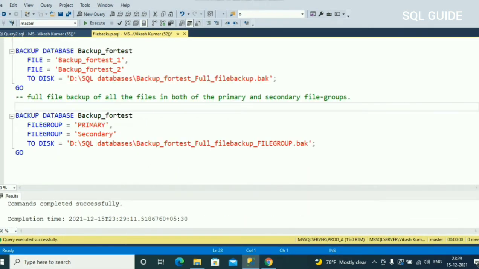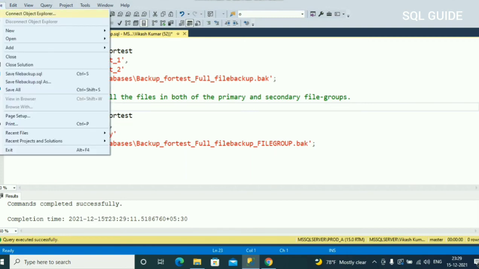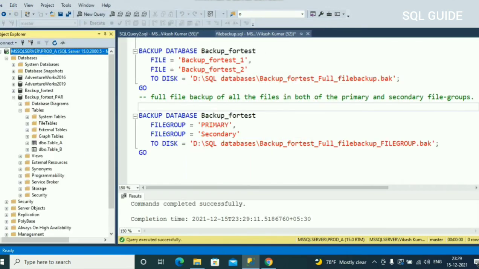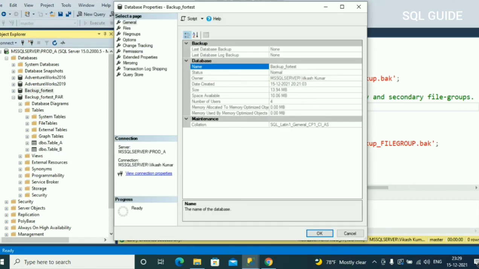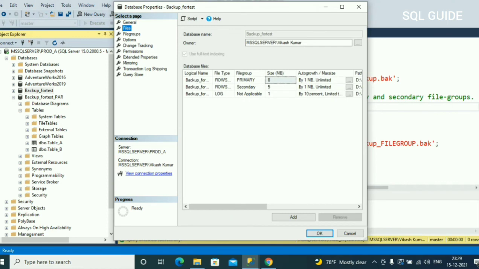So I am going to take file backups. For example, connect. I am going to take a file backup of the backup underscore for test database. Go to properties and files. You can see I have two files, MDF and LDF. Let's back up these files.